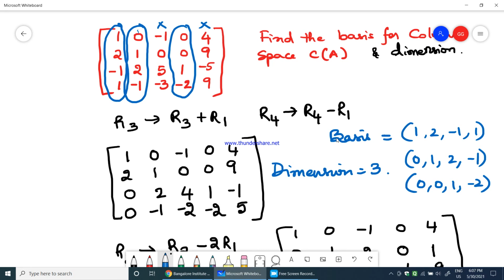So I hope with these two problems you have analyzed how to do column space or row space. Now, if they don't mention column space or row space, and just ask you to find the basis of any given set or the dimension for any given vectors, you can use either column space or row space and find the basis or dimension. Nothing wrong in that.